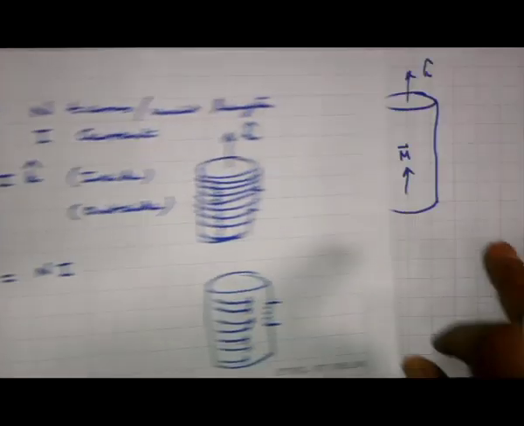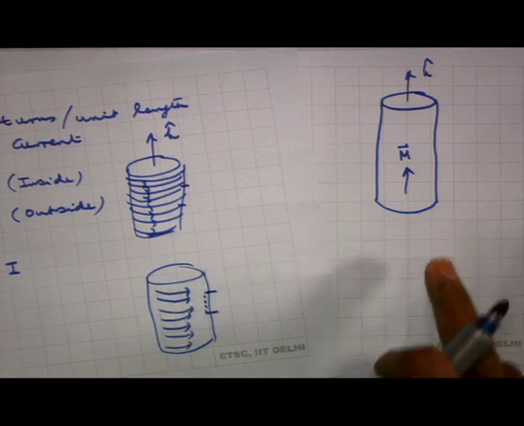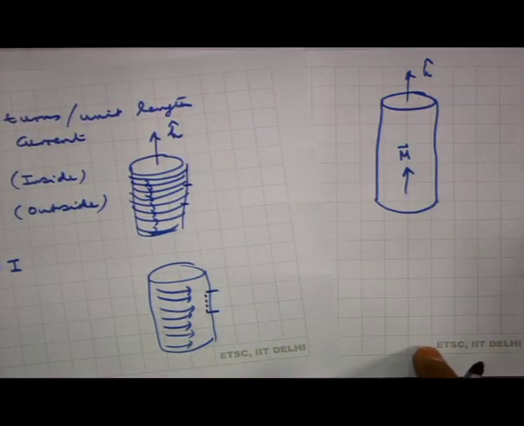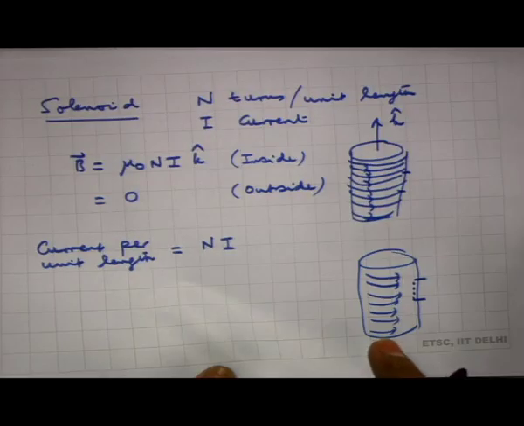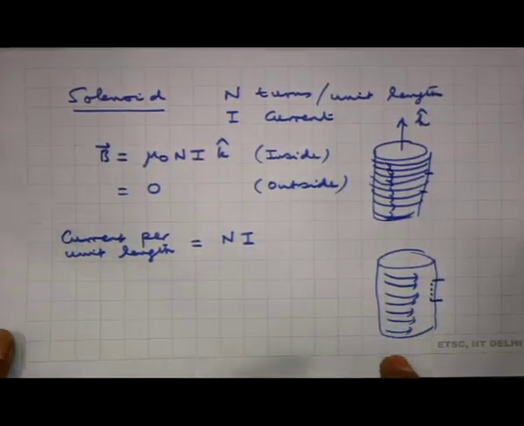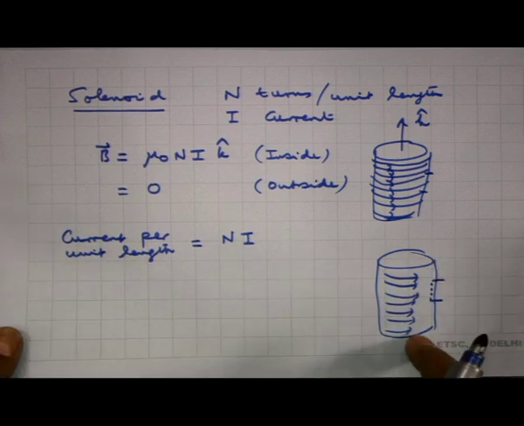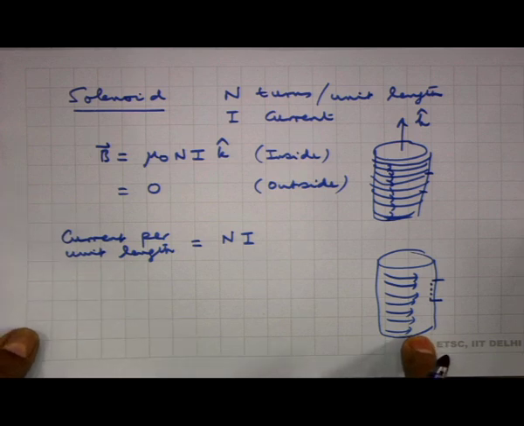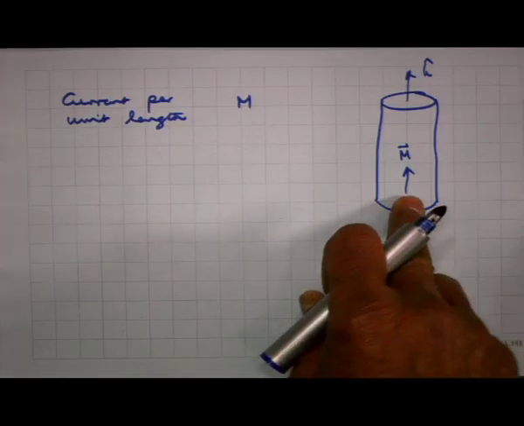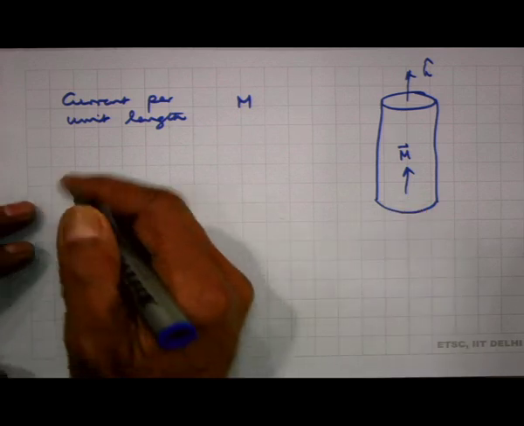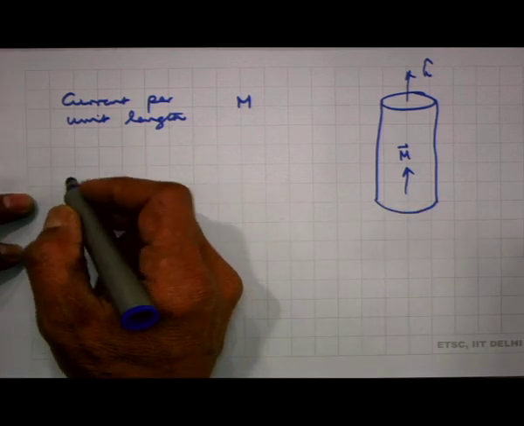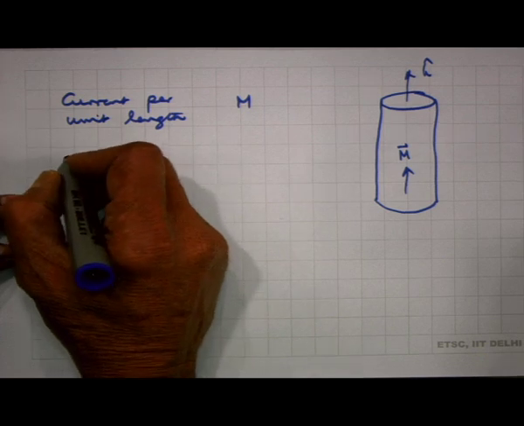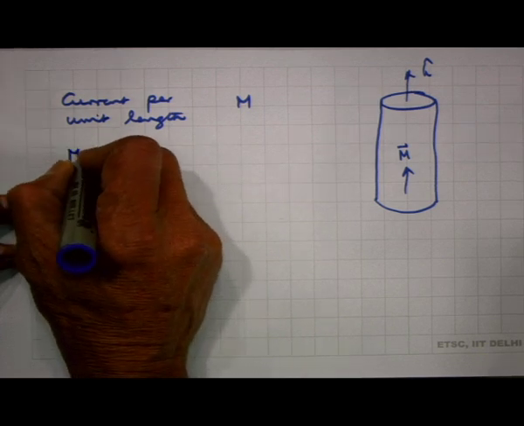A uniformly magnetized cylinder, magnetized parallel to the axis, is equivalent to a solenoid, because both of them have a current passing along the surface. In a solenoid, the current per unit length is nI. In a uniformly magnetized cylinder, the current per unit length is M. So, I can immediately write the magnetic field